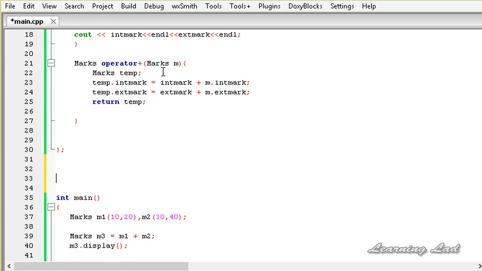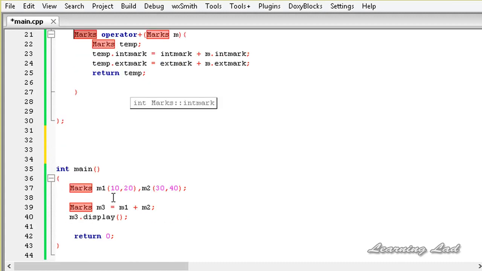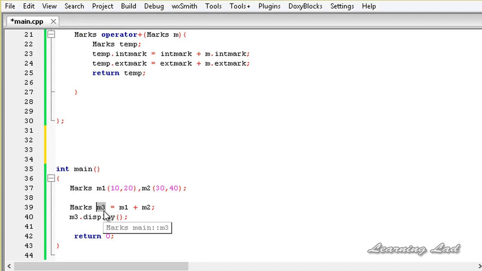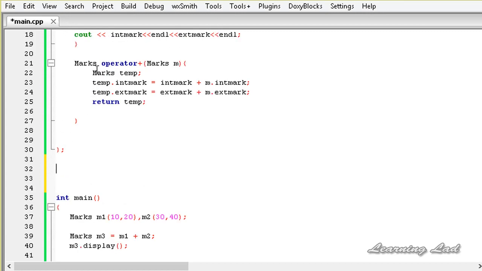So here also we need to specify the return type of the operator function which is marks, because we are going to use this operator minus to create a new object by subtracting the values of other two objects. So here is going to be the return type first, which is marks,